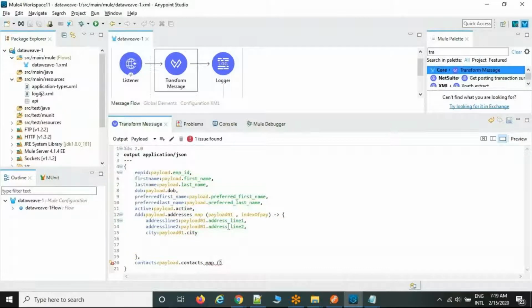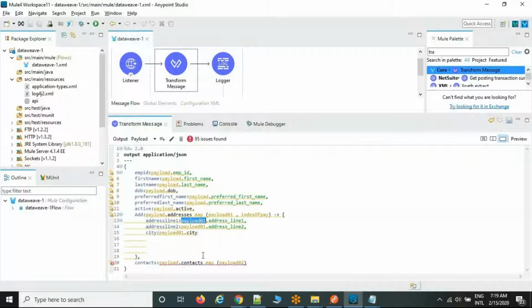Now I'm going to apply payload01, index of payload01. But currently we are already using payload01 here. Again using the same payload01, the system gets confused. That is the reason you should modify it to payload02. If you use the same name, the system gets confused because these are two different loops.